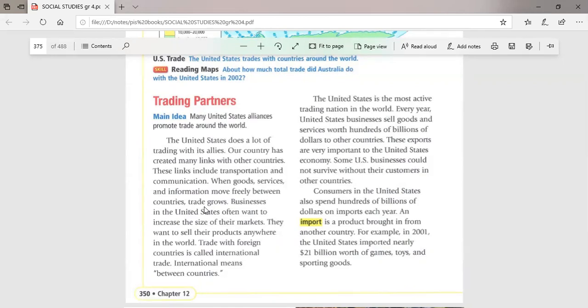Now I am a trader and I want to transfer my goods from America to Mexico. I couldn't find a train. I couldn't find a flight or plane to Mexico, so I couldn't transfer my goods. I couldn't connect with the Mexican traders either, so my business will end. So if you want to trade with another country, you have to make transportation ways, you have to develop